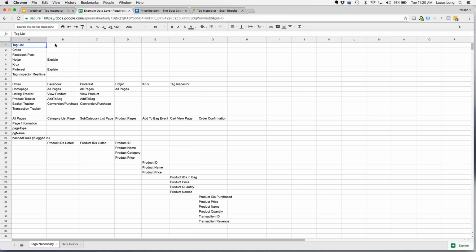So I started with an understanding of the tags I need to have on this website, and then went through where each of these tags should be executing, and wrote that out. You can see here in row 16, all pages, category list page, these are the pages where these things will be executing. Now, looking at the implementation requirements and the data necessary to execute these conditionally, as well as collect what's necessary for that platform,